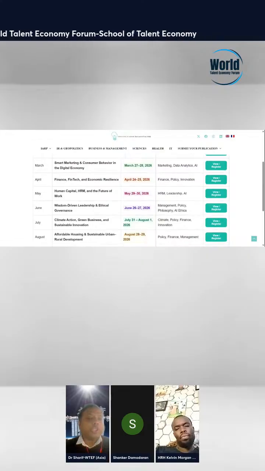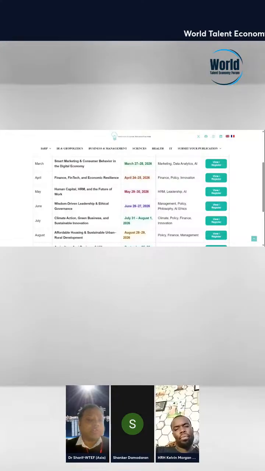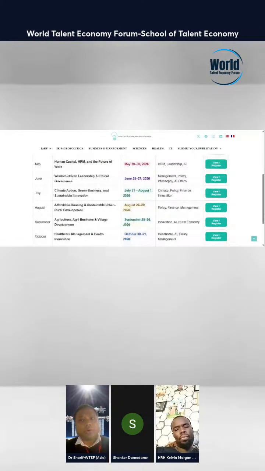Also, we go for human capital and human resource development. I think both of the countries, in South Asia, like Bangladesh, like India, you need a lot of contributions in these things. Another thing, I always believe wisdom is something which will give us leadership quality, which gives us ethical governance, and so on. Also, climate initiative, green finance, all of these things are very important for emerging economies.